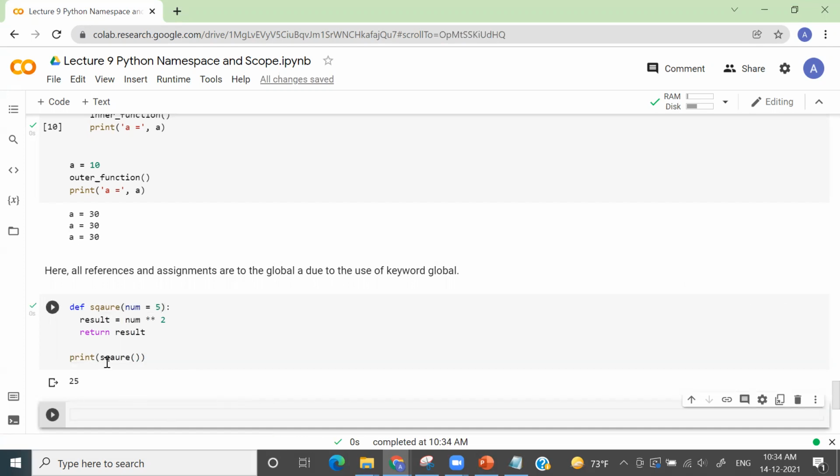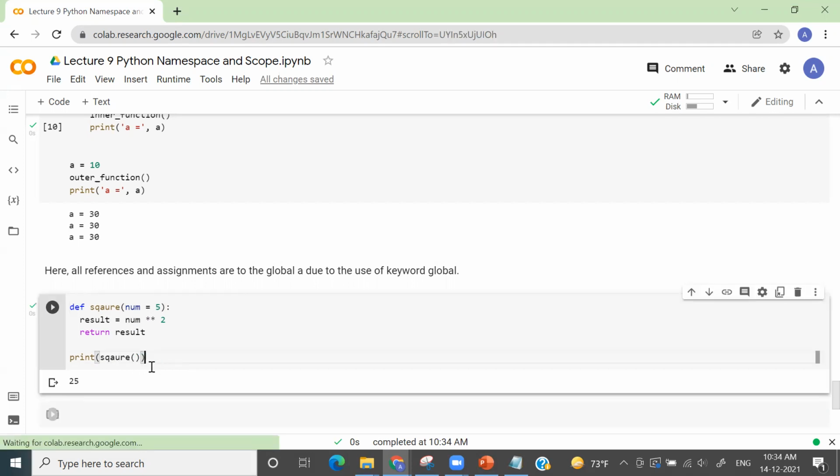It will do a square operation of this 5 and give me the output 25.